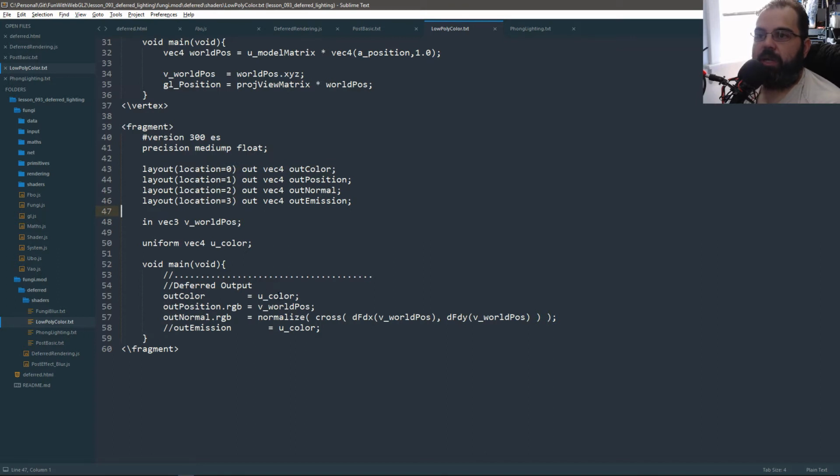And as you can see, I'm saving my color, my world position, my normals, and I'm calculating the normals. That's why I call it the low poly color. So it automatically calculates the normals for low poly. Like if I have a model that has no normals at all, that's why I'm using the shader. This way I can quickly get normal information. And I can save emissions too, but I have that commented out for now. So that stores all the information into our